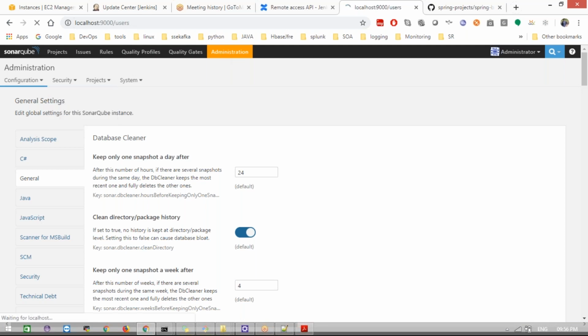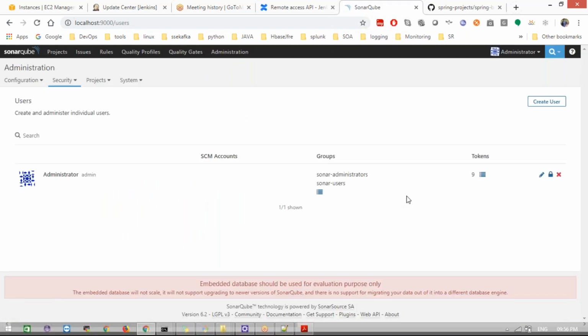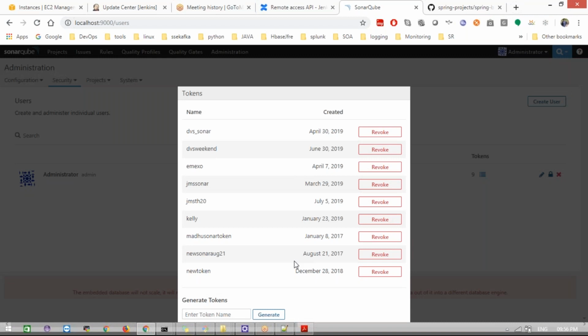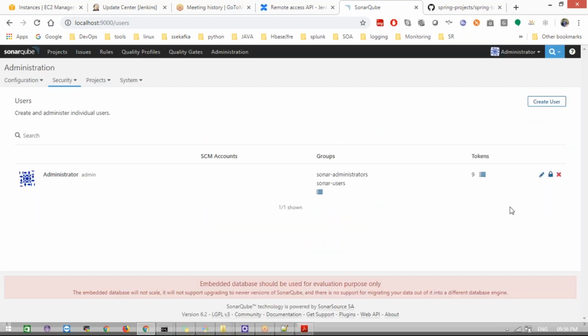Security and users come under users. We can see here we have 9 keys, 9 tokens. My token is here. This admin user has these tokens.